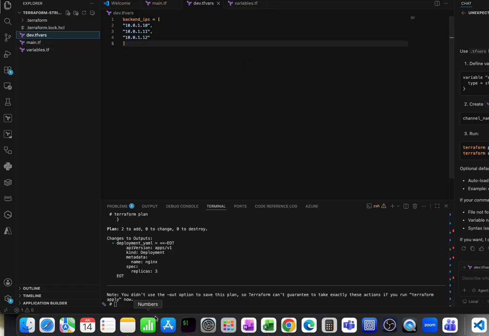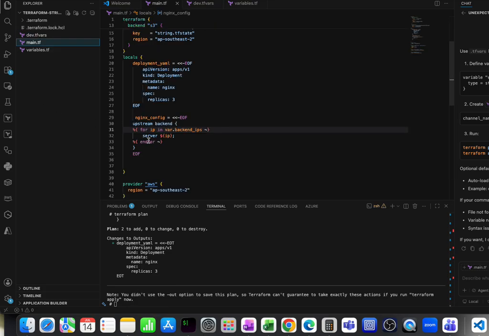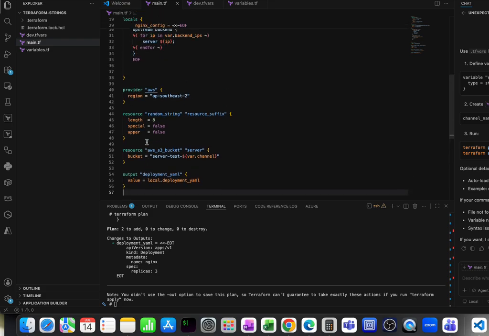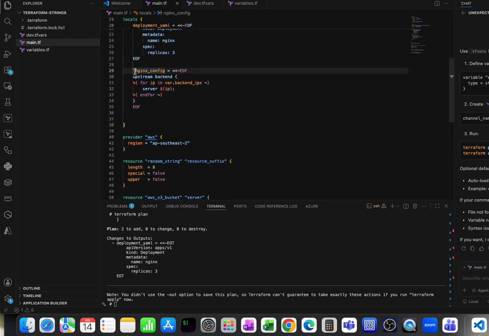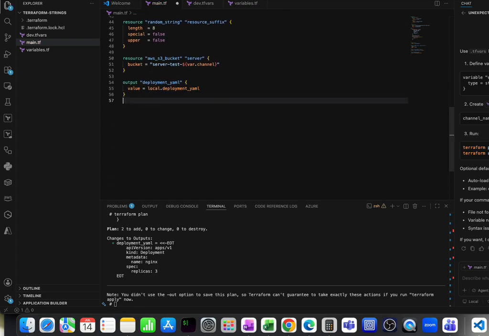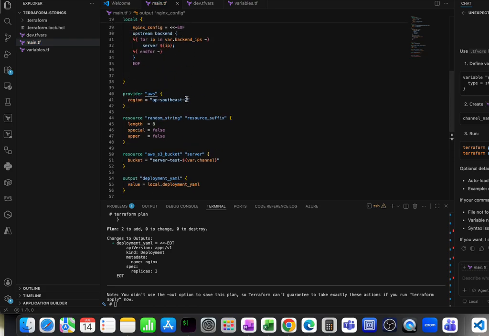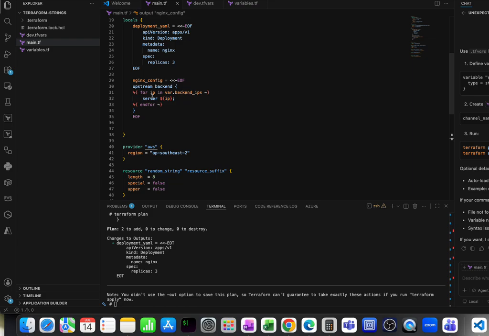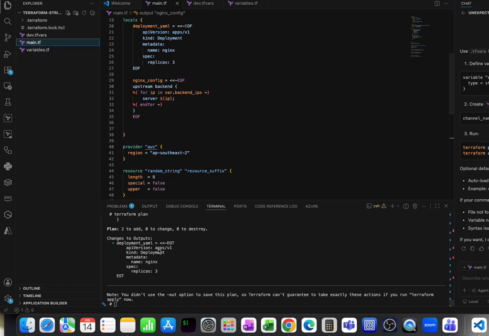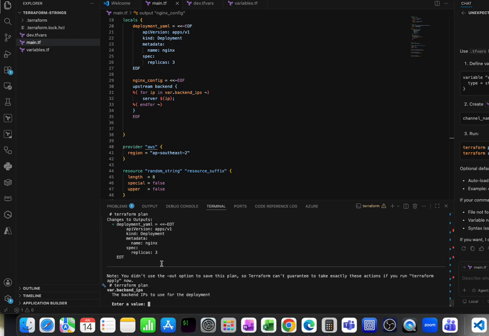I already have it here, and if I try to output this, this is a new Nginx config that I have added to the locals, which I will be adding to my config. And you can see that there is this for condition where I have these backend IPs and I'm just printing all of them. So if I print my Nginx configuration,